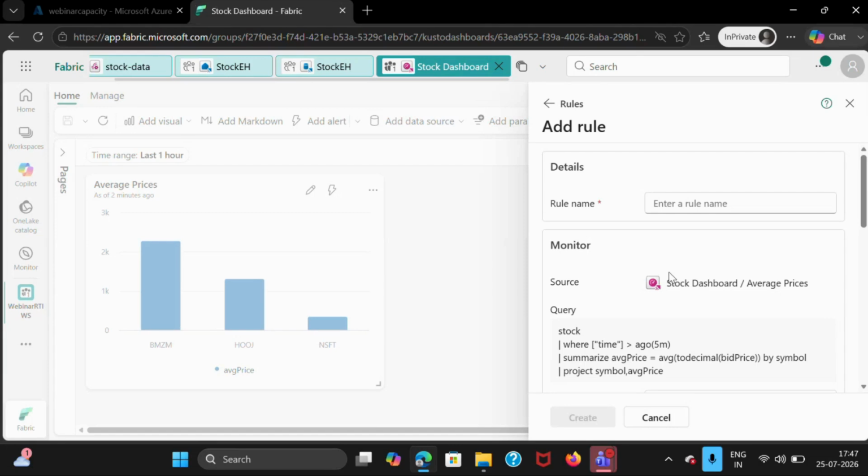We need to set this up. So where do we set it up? We do that in the rule. Okay, so here just give a rule. So I'm going to say average price increase by